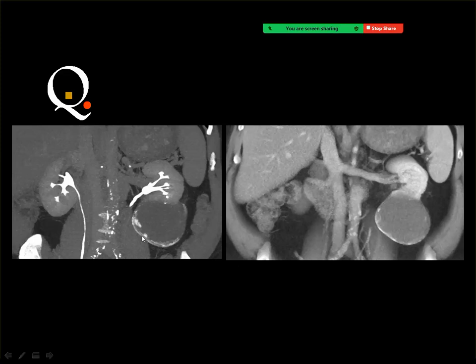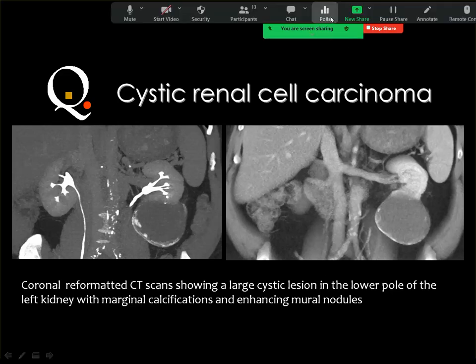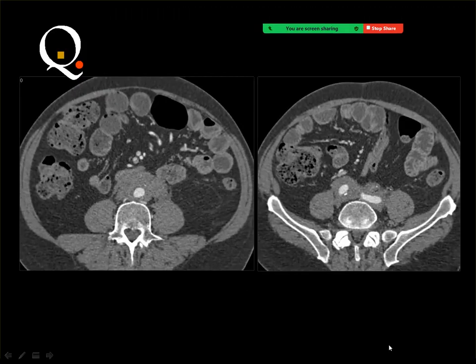Okay, of course, this is not a simple renal cyst. It is atypical renal cyst, and it shows some enhancing mural nodules, especially in its inferior part. And the presence of mural nodules in cystic lesion indicates that this is carcinoma, and the diagnosis will be cystic renal cell carcinoma. Next case is a CT scan after contrast